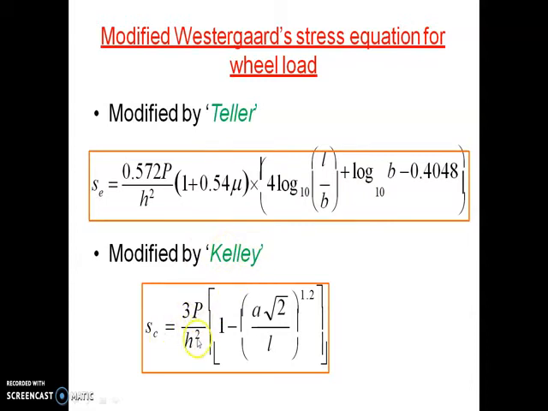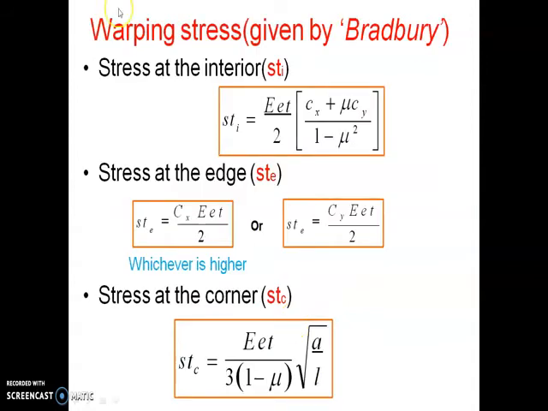Okay, where frictional stress Sf equal to W into L into F divided by 2 into 10 power 4, where Sf equal to unit stress developed in cement concrete pavement kg per centimeter square, where W equal to unit weight of concrete about 2400 kg per centimeter square, L equal to length of slab in meters, B equal to width of slab in meters. Okay, now we have to go for